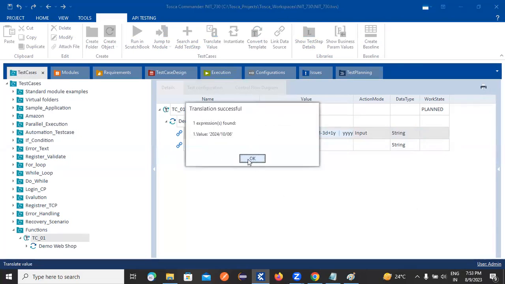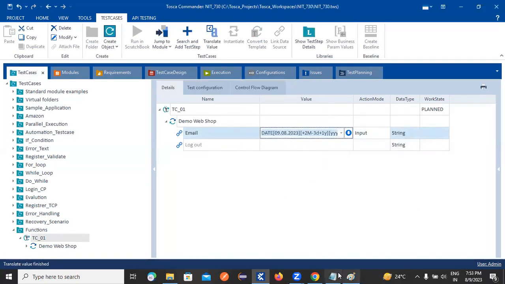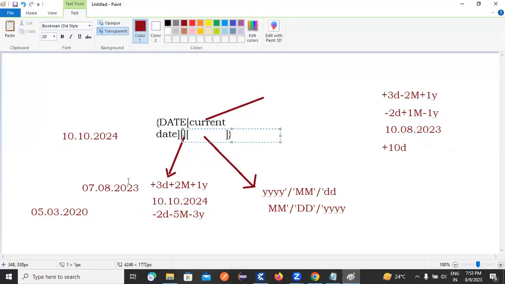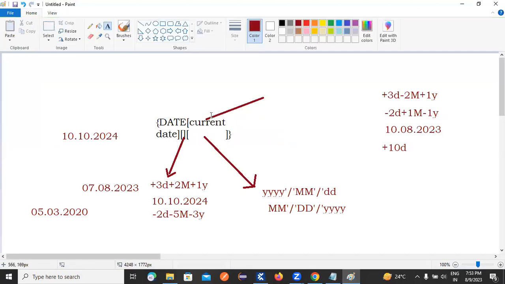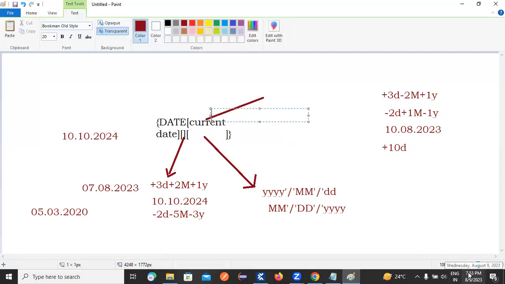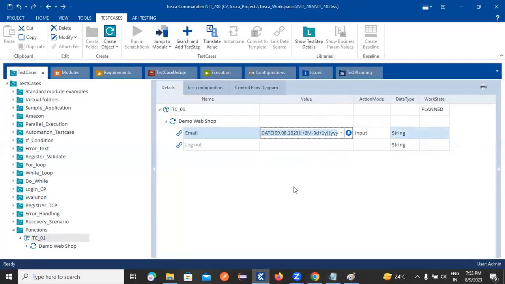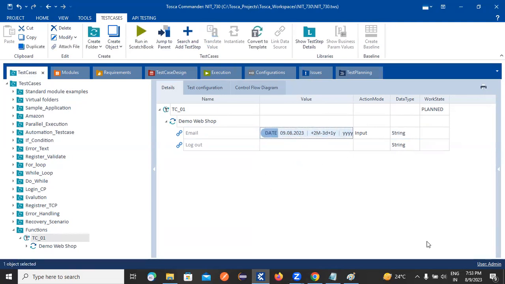See guys, here you need to provide the current day. What is the current day? 09 08 2023. Okay, see, this is the format. If you want to change the dates or anything, we are able to follow this format. See, by using this format,